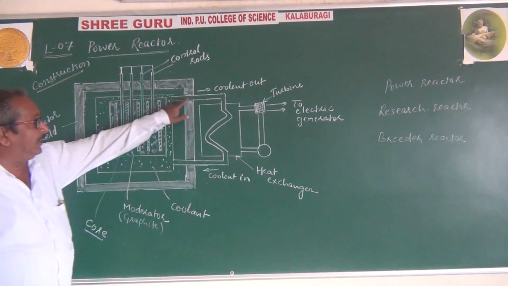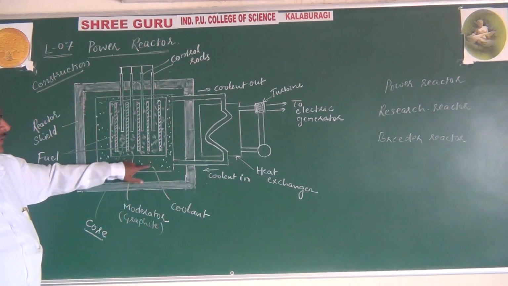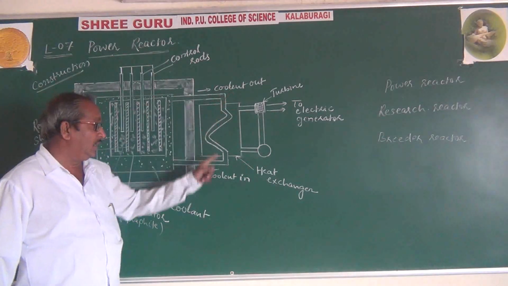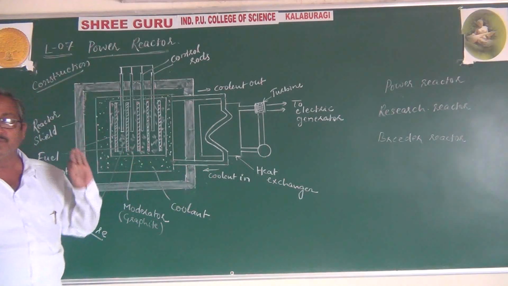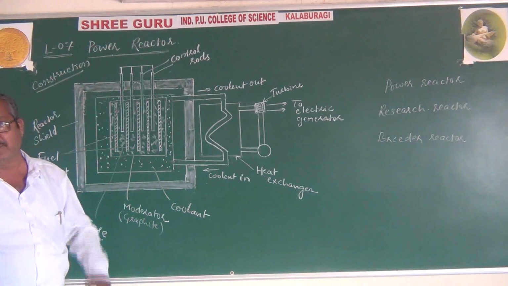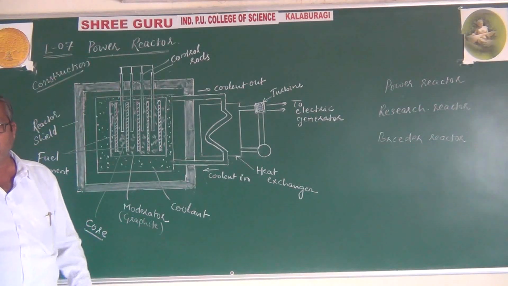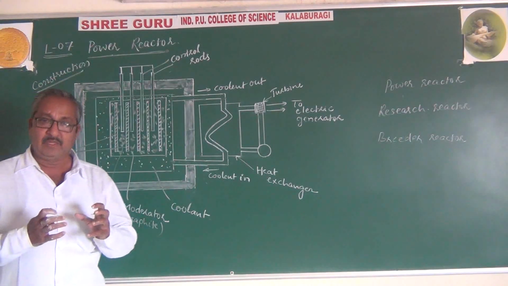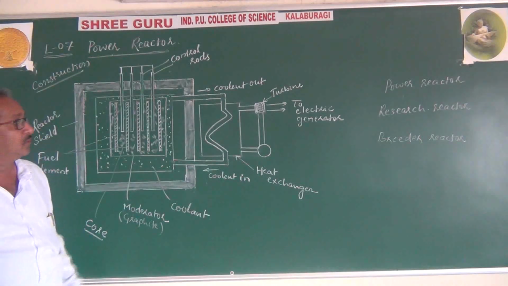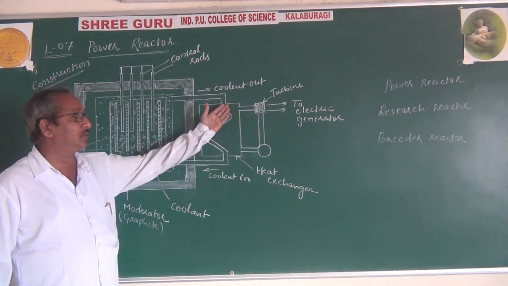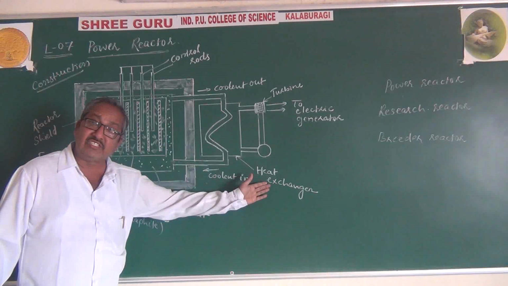And here is the way out for the heat generated, through the coolant, which we call coolant out. And here is coolant in. Coolant in means we have to pass water in; after it is supplied inside, the reactor gets heated, and the water absorbs that heat, so the water starts to boil and an enormous amount of steam is produced, which can be taken out. We take it outside and exchange the steam. That is what we call a heat exchanger.